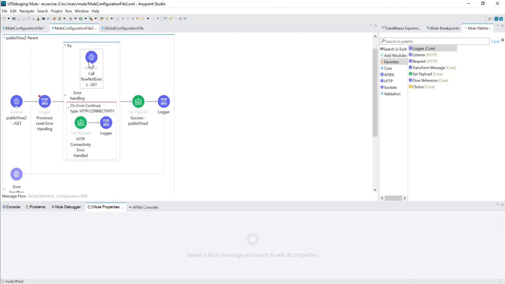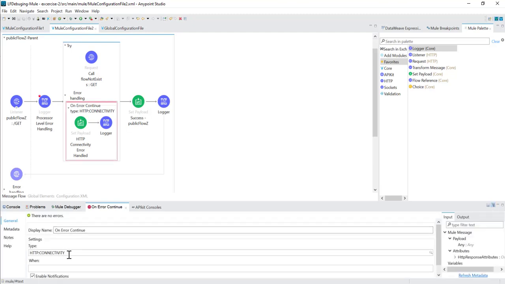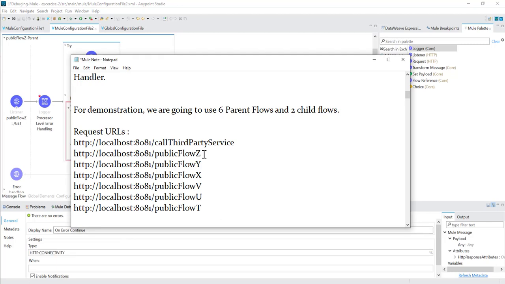If any error happens in the HTTP request component, it would first be handled by the processor level error handler, where I have mentioned on error continue and the type as HTTP connectivity. We will see what kind of error actually happens. So let's move ahead and send the request